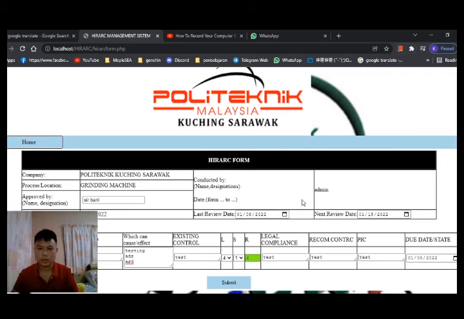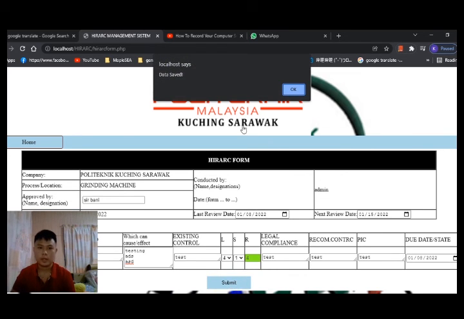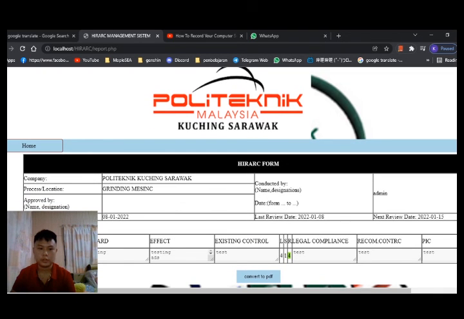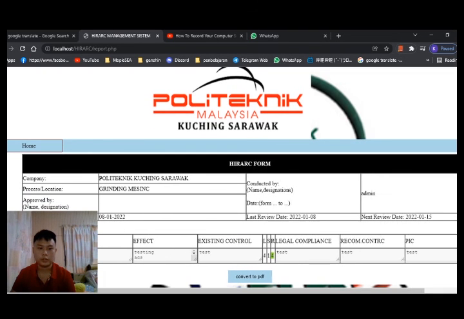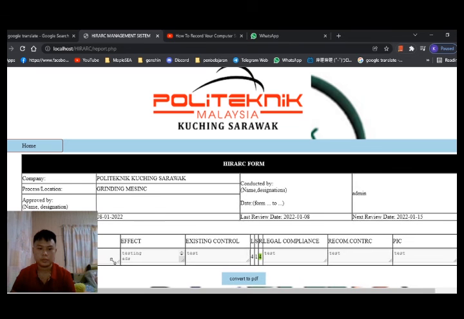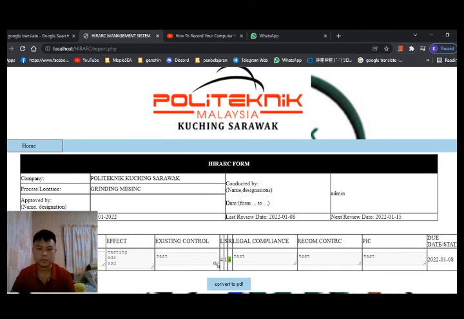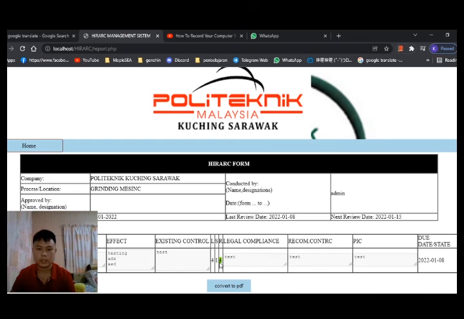Okay, now after we fill in all the information, we click the submit button, and it will say data set. It will be saved to the database, and now we go to the report form. We can resize this, and you can see the data will be green.